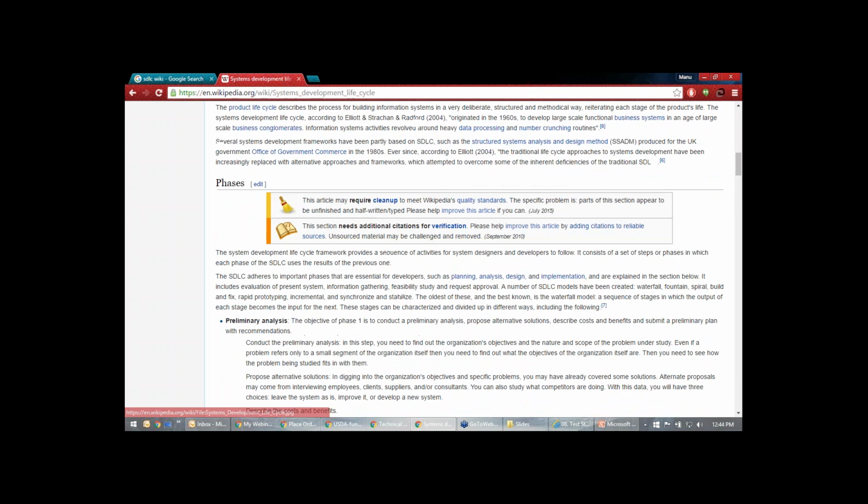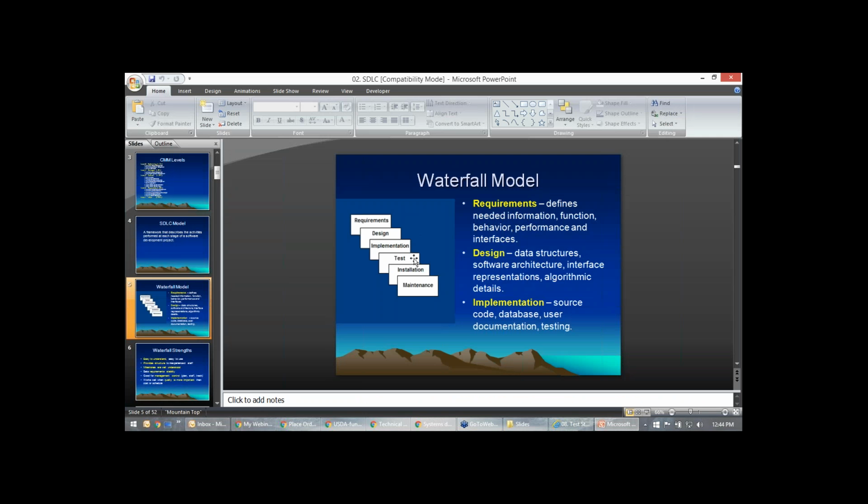I don't want to be boring to you and the interviewer. If you know it, of course you can tell it. But let's stick to only 6 phases: requirements, design, implementation, test, installation, maintenance, that's like support. So what is the SDLC? It contains 6 phases.